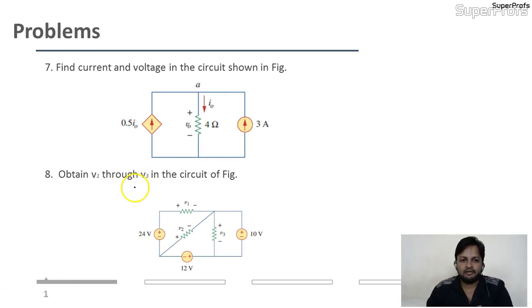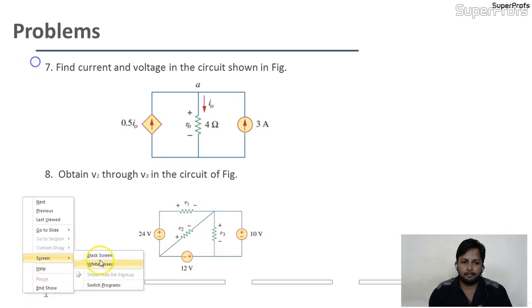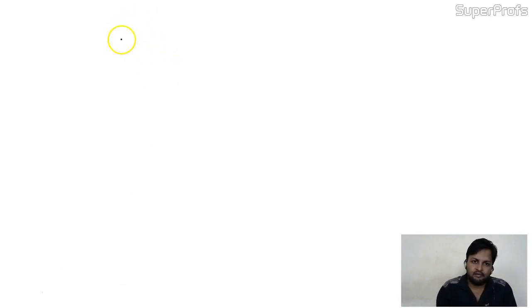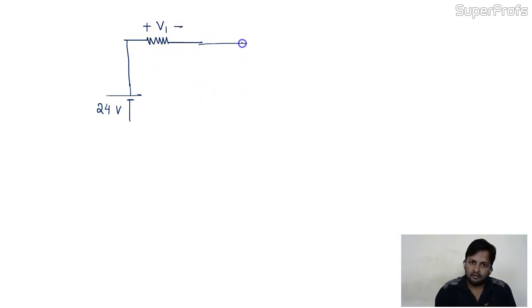Obtain V1 through V3 in the circuits. See, this V1, V3 we have to obtain the values. This one is also again a very interesting problem. I'll take it on a fresh page. The given problem is, volt. Here we are having V1. The circuit is like this. Here we are having